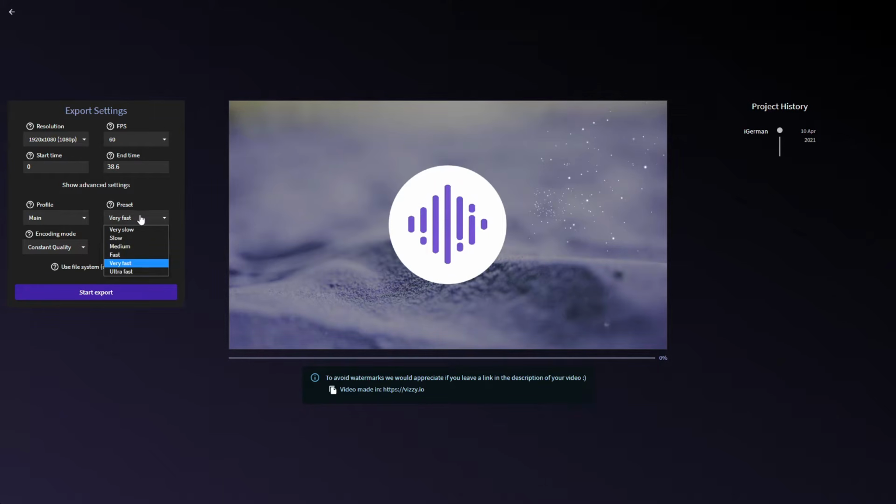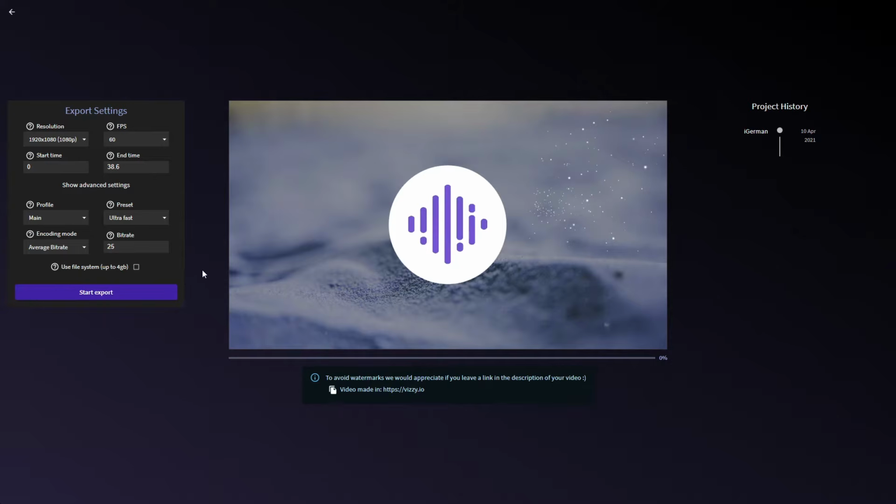So if you don't care about storage, like in this case it's a very short project, let's select ultra fast and I'm gonna change constant quality. Constant quality is basically varying bitrate per frame depending on what's in the frame, but I'm gonna change it to average bitrate because it's easier to know the file size that way, and I'm gonna change it to 25. These are the settings I use to render my videos in, and it's just generally a really good quality video file, even though YouTube compresses it further.